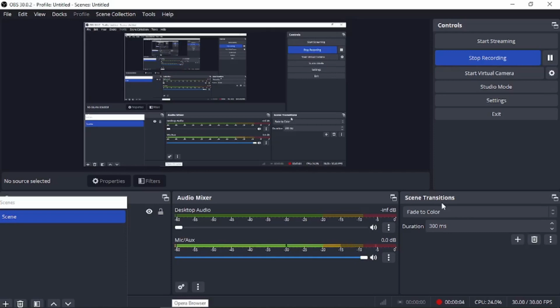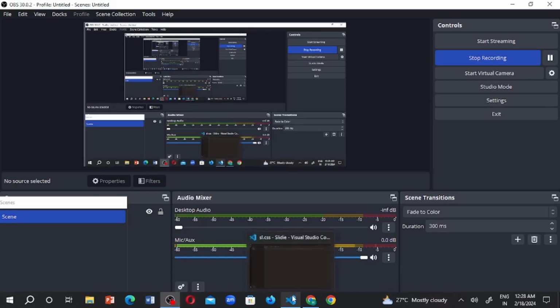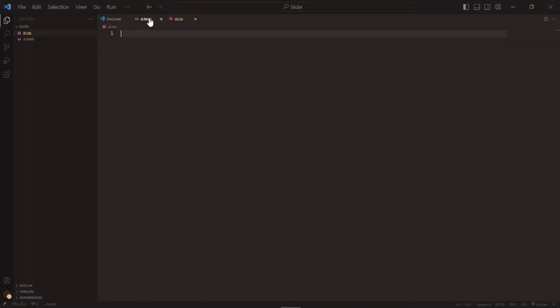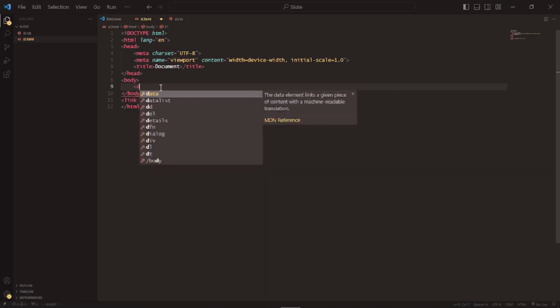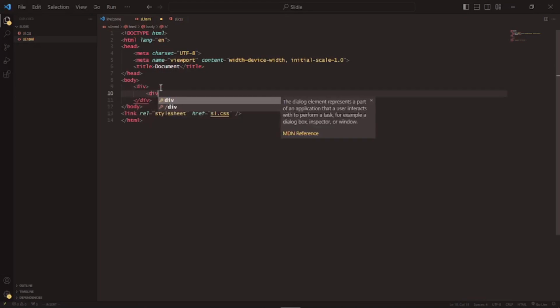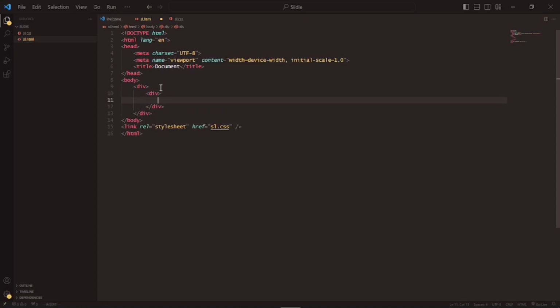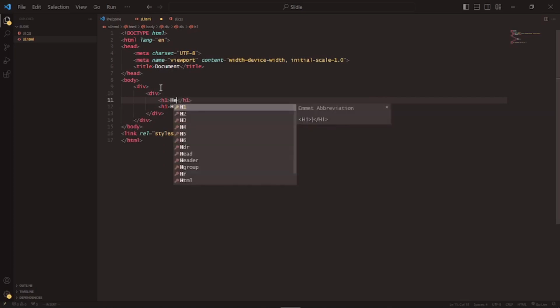Today we're going to learn how to make a text sliding effect using HTML and CSS. So first, go to your HTML. Then create two divs. And inside these divs, I'll create an H1 that says hello, another H1 that says